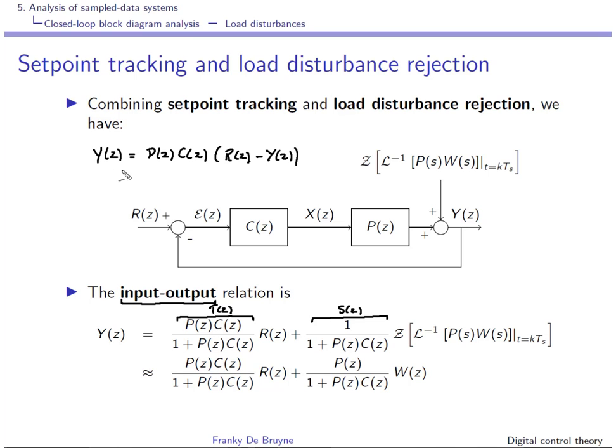So you bring everything on the other side, so you will have 1 plus P(z) C(z) times Y(z), and you have P(z) C(z) R(z). Okay, so you end up, of course, with this relation over here,